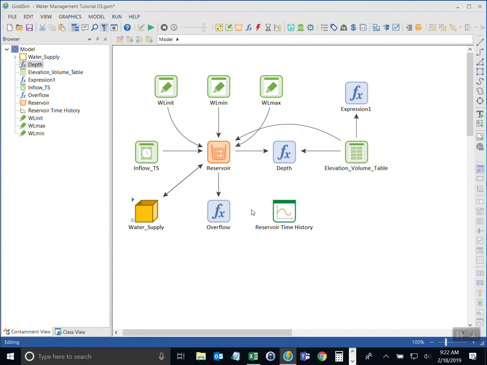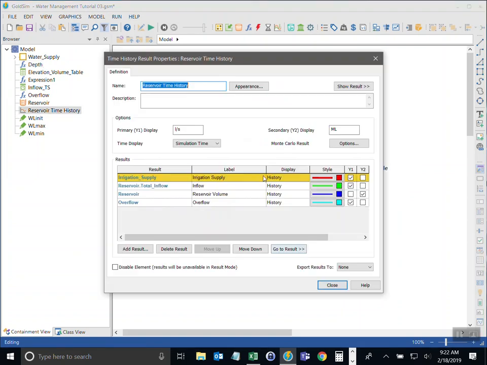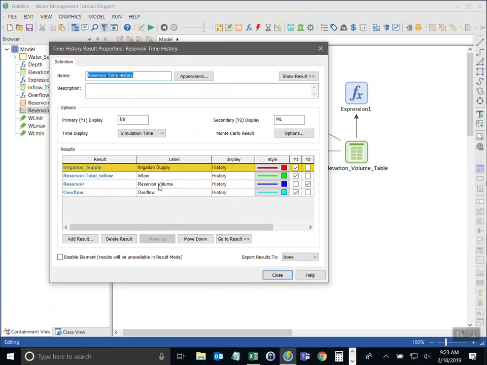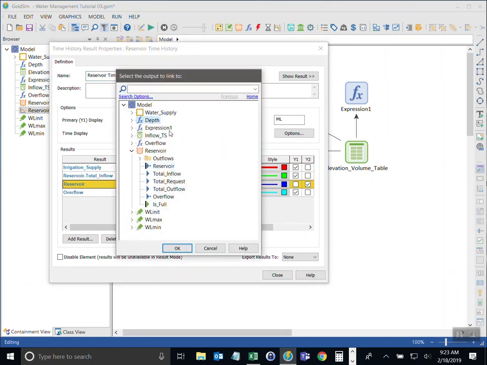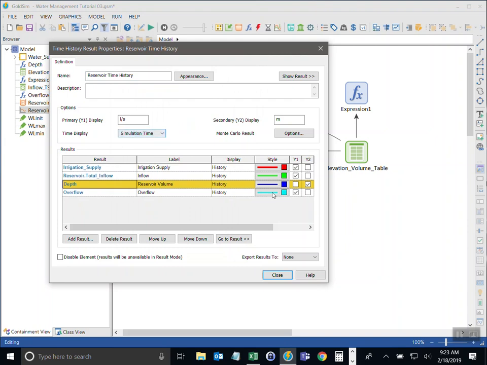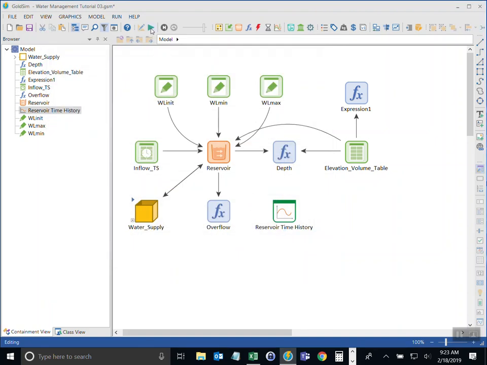Now I want to change the time history results element here so that it looks at the depth instead of the volume. That's what I want to show on the plot instead of the volume. So I'm going to double click on this output called reservoir and change it to refer to the depth. And now you'll see that the Y2 axis, instead of being in megaliters, is now in meters, which is the display unit of that output. So we're going to compare the flows to the water levels. And now we also should change the label here from reservoir volume to reservoir level, like that. And now when we run the model,